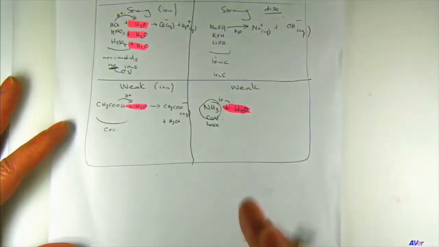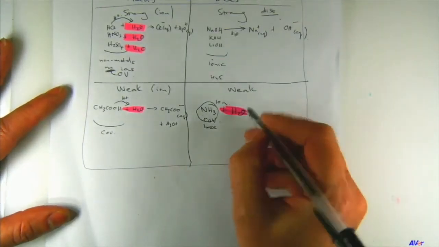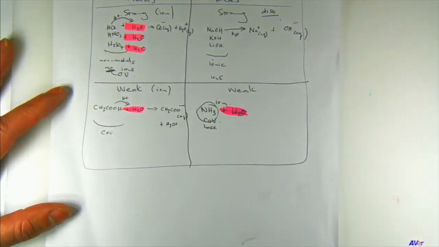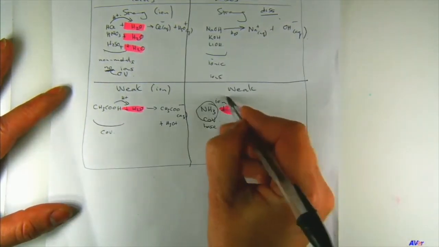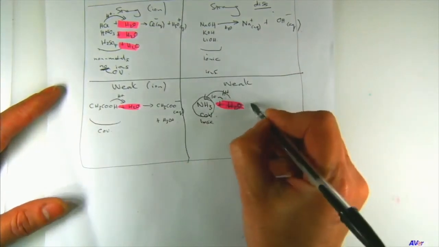All the others, bases are going to dissociate, but this one is going to ionize. How does a base react? A base is a proton acceptor, right? So it's going to receive a proton. So if it receives a proton, it will form